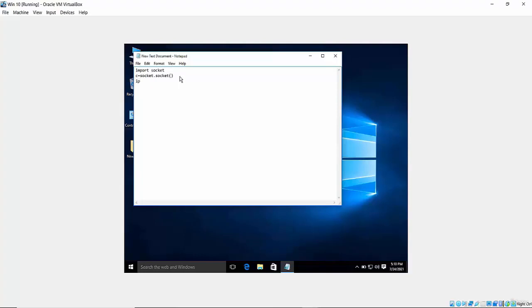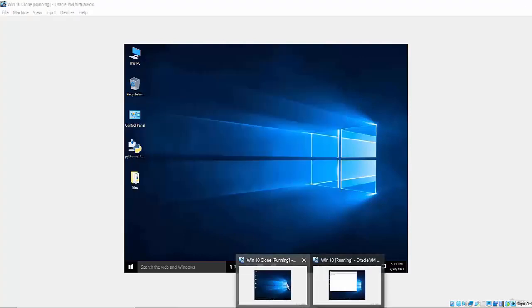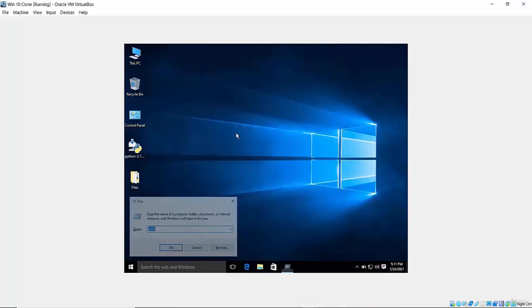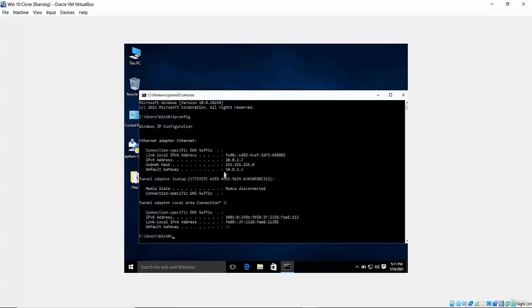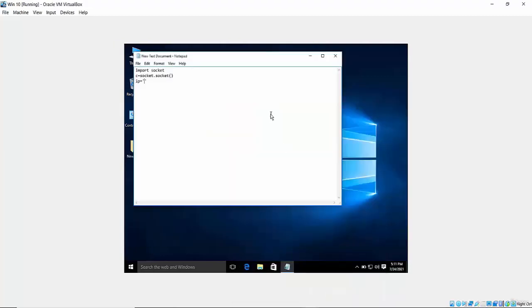Now comes the IP address. Here we have to type the IP address in single quotes, the IP address of the target PC. So first of all, let's move towards the target PC and check its IP address. ipconfig is the command to check the IP address. Here it is 10.0.2.7. So let's type it here,